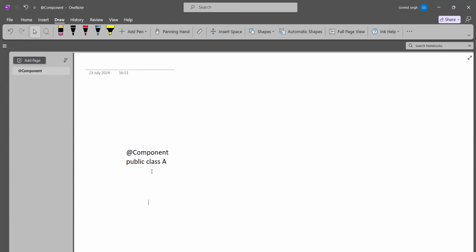Then suppose I'm going to get another class. What I can do now is create one more class here. So we'll write @Component, okay. And then I will get another class, class B. Once the application starts, the container, or Spring, will scan some specific package in which our classes are available. And once it finds that this class is annotated with @Component,